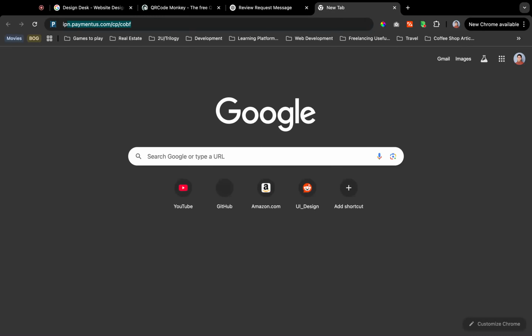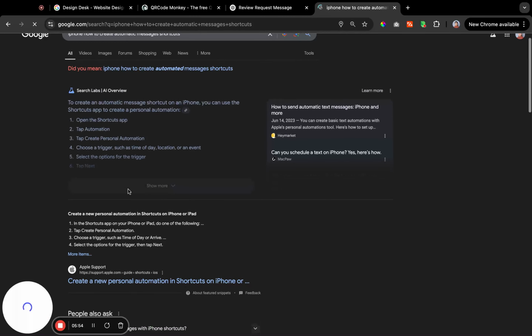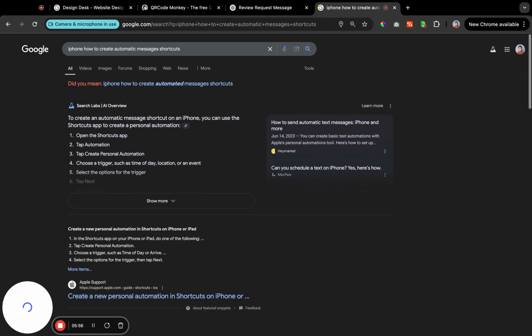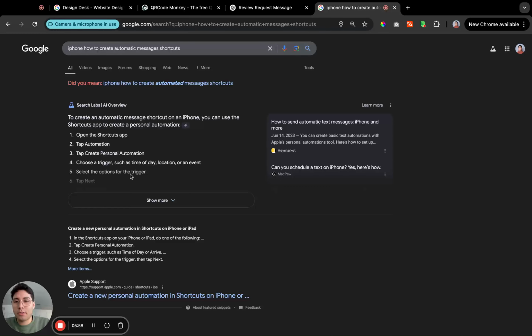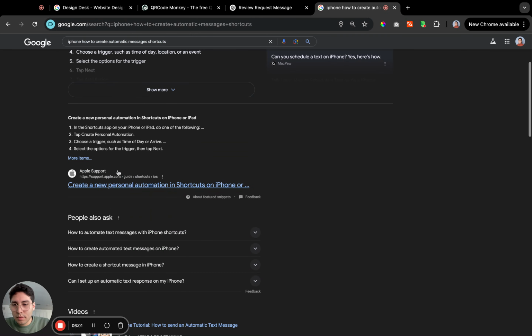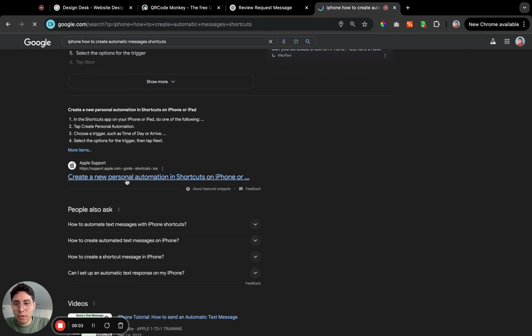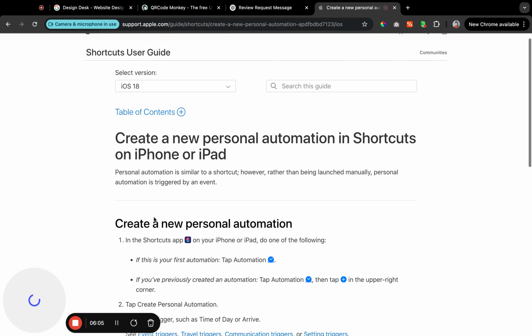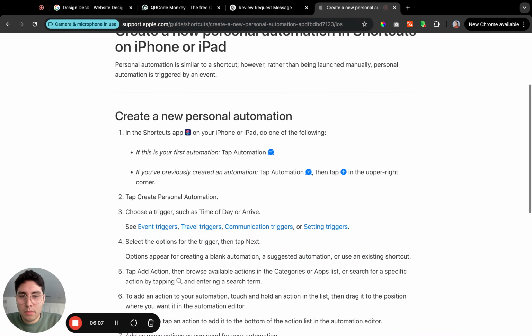So let's say iPhone, how to create automatic messages or shortcuts, I think is what they're called. So if you search for automatic message shortcuts, personal automation in shortcuts, automation,